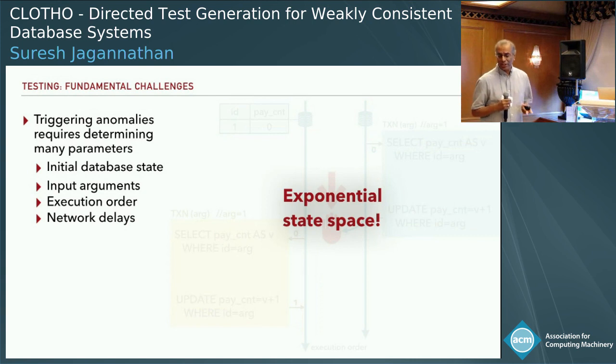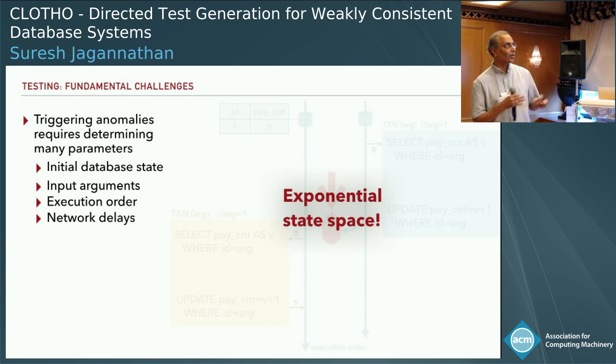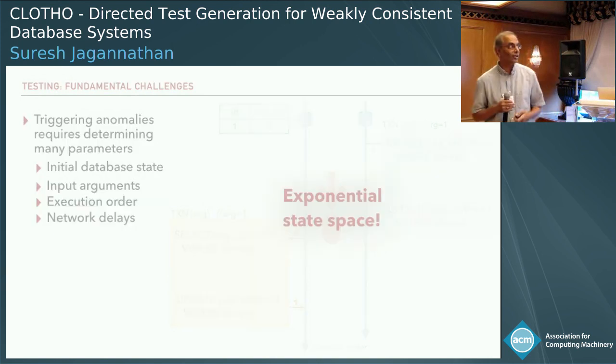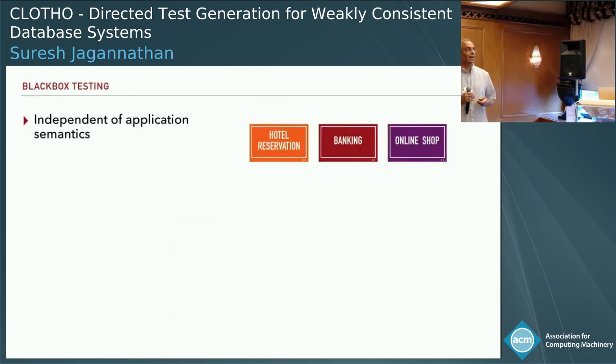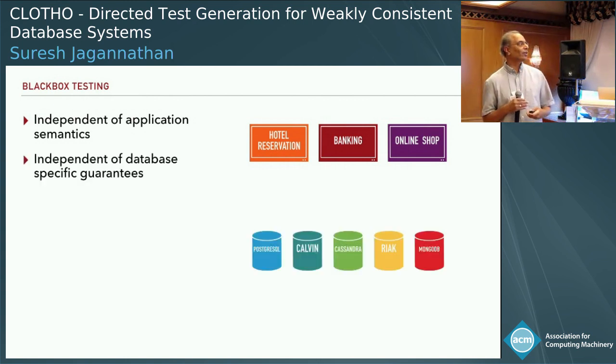Now, there are at least two ways we can think about doing it. One way of considering how to address this question is sort of to give up and say we're not going to look at the code itself, we'll just look at executions, and we'll try to see whether we can somehow jigger an execution to lead to a violation, right? So we can look at black box methods that are independent of the application semantics itself, so it doesn't really matter what the application is doing.